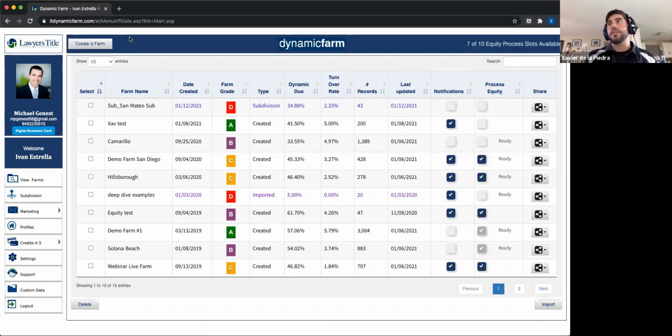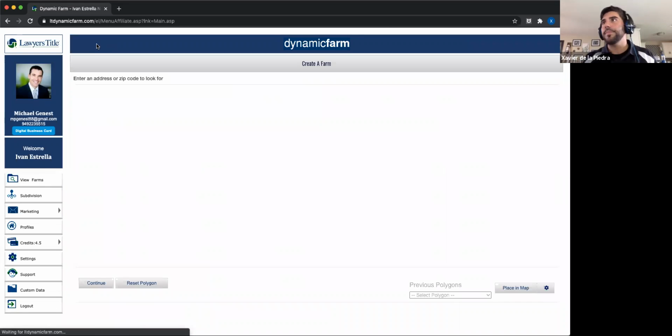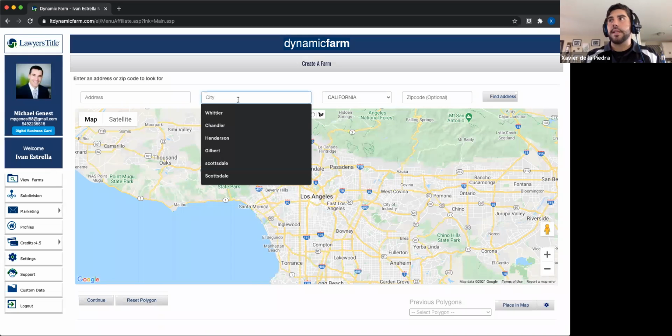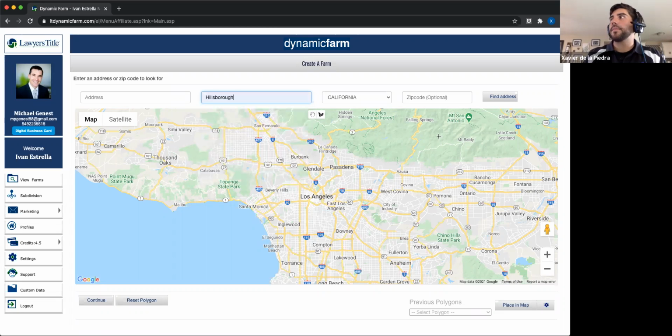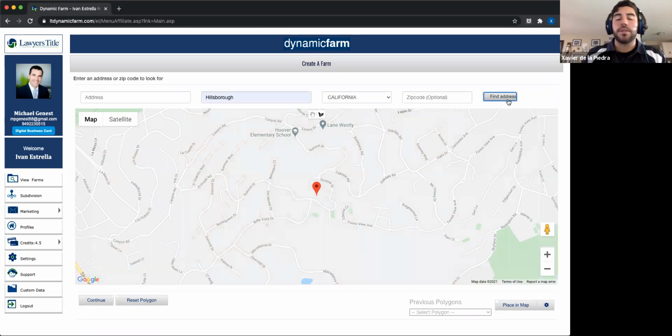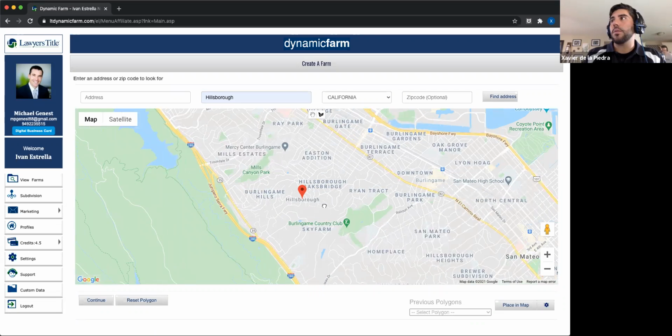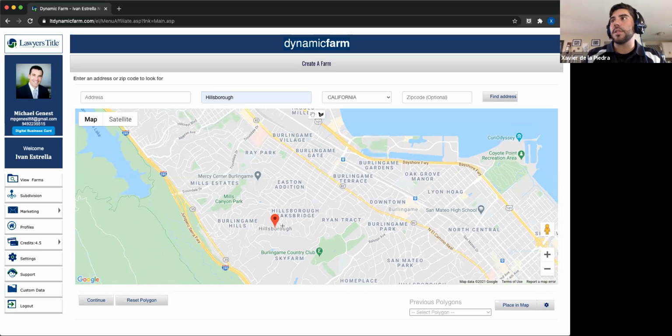So inside of the system in the top left-hand corner, there's a create a farm function, where from here, it's going to bring up a polygon of LA. And let's say I were to type in Hillsboro. I click find address. It's just going to load the middle of Hillsboro for me. I can zoom in or zoom out over here on the right-hand side. I would click and hold to move my map around, and I would just single left-hand click in order to draw my farm. So let's say I go Burlingame Hills, trace my farm,